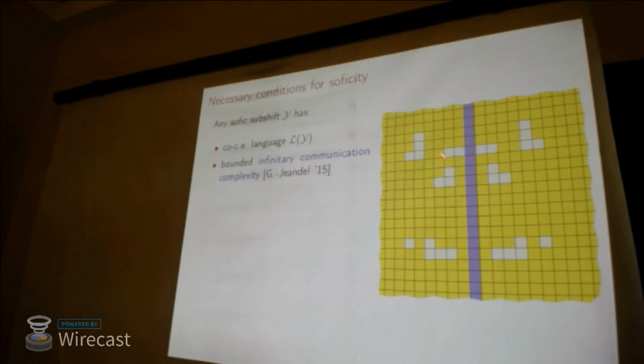If you give Alice this half of the configuration and Bob this half, you cannot directly apply communication complexity theory because they have infinite information. But instead of the number of bits, if you measure in terms of the entropy of the one-dimensional subshifts that you find here, then there is a nice infinitary communication complexity theory which allows you to say that